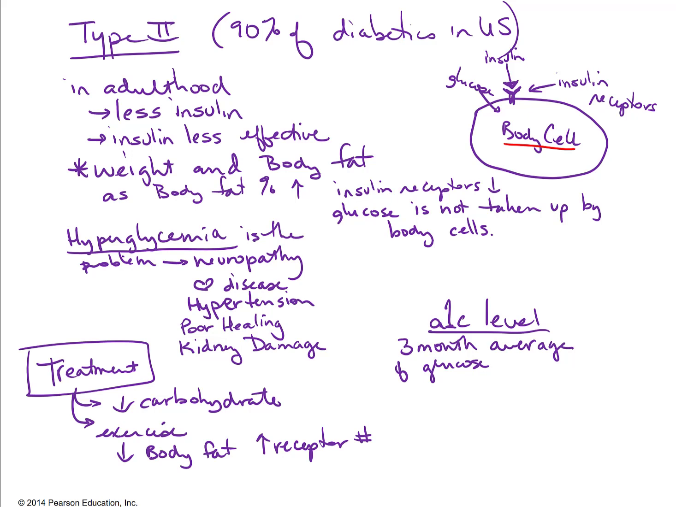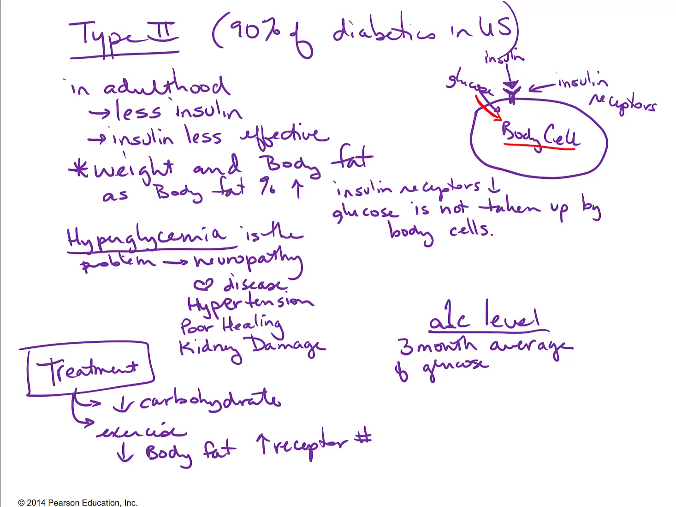That sends a signal to the cell: there's sugar in the blood, we can go ahead and take it. So that allows glucose to move into the body cell. If there's no insulin, then there's no signal. The locked door stays locked. The cell does not get the message that there's plenty of sugar in the blood, so those cells just sit there. And so your blood sugar goes up, blood sugar goes up, blood sugar goes up